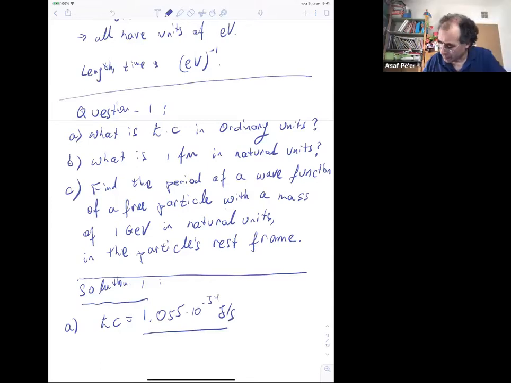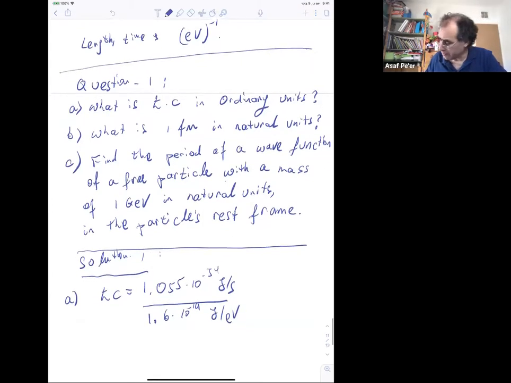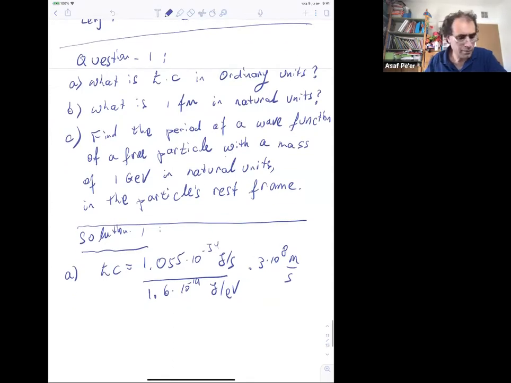Well, what I would do, I would divide it by 1.6 times 10 to the minus 19, that's joules per electron volt, and multiply by 3 times 10 to the 8 meters per second. So when you collect the numbers, this gives you something like 2 times 10 to the minus 7 electron volt times meter. But I want to work with units of